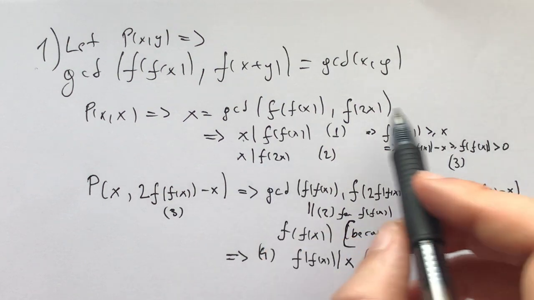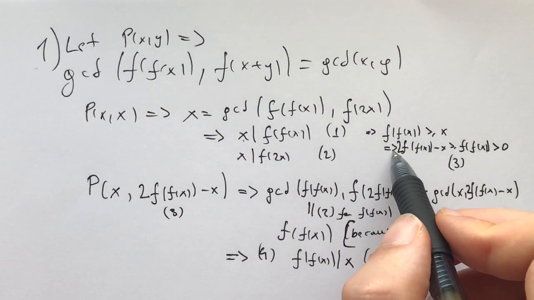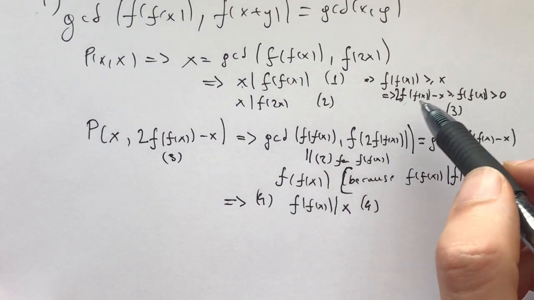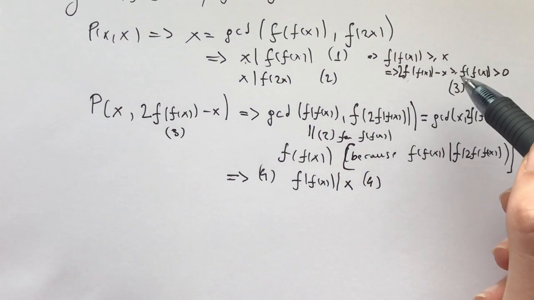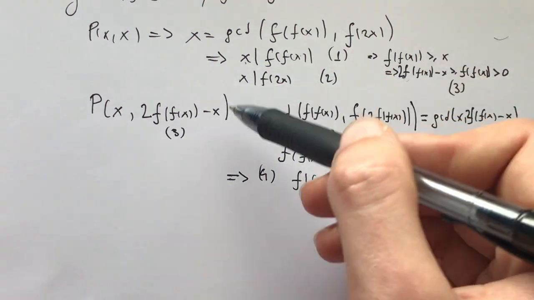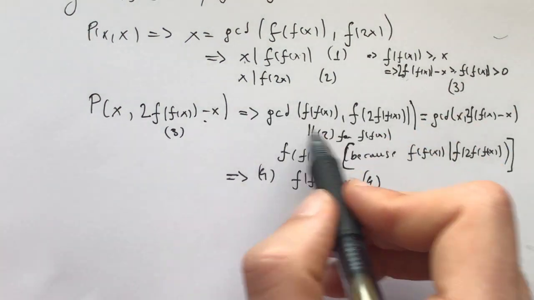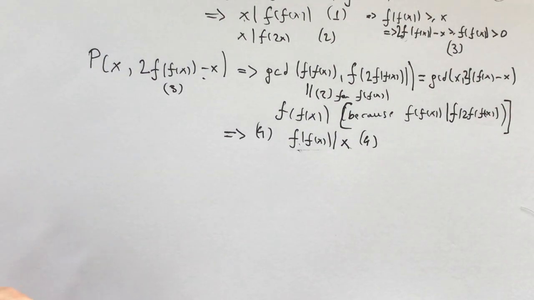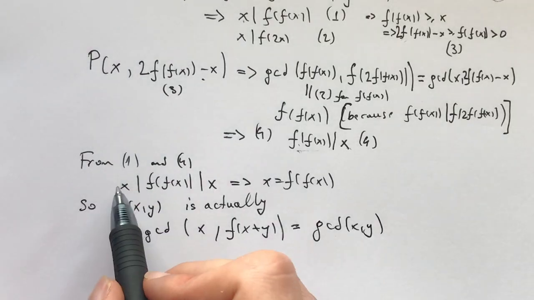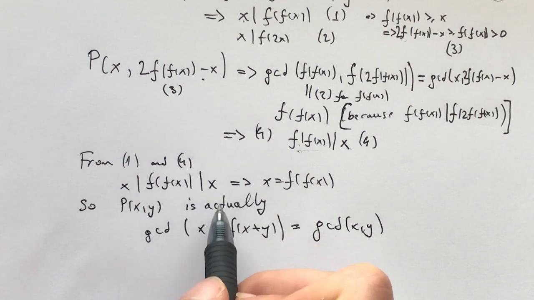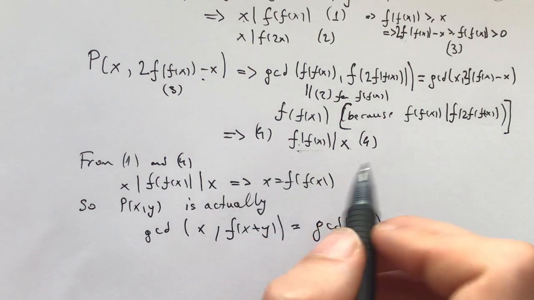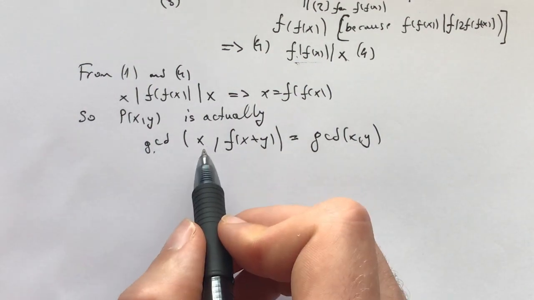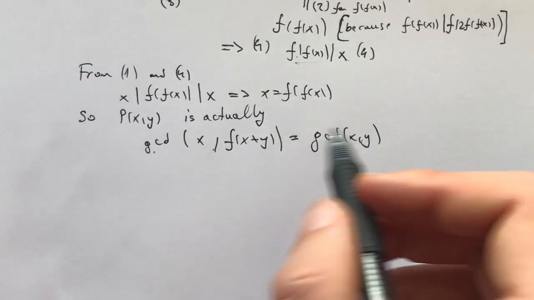divides f of 2x. And from the one, we know that f of 2f of x minus x is greater than or equal to f of x, which is greater than 0. So we can plug that in as y, and we get that f of x divides x as 4. And now we say, from 1 and 4, x divides f of x divides x, so x is f of x. So P of x, y is actually the GCD of x, and f of x plus y equals the GCD